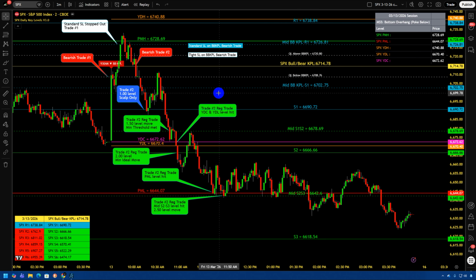However, if doing a regular trade, then on this candle here on the 10:46 a.m. candle, the 1.5 level move, which is the minimum threshold for a regular trade, was met. If you were instead going by the ideal move for a regular trade, then that was the 2-level move, which was met here at 10:56 a.m. So depending on which one of these minimum threshold level moves that you were utilizing, either the 1.5 level or 2-level move, this is your trigger here on a regular trade to either start making adjustments to your stop loss or exiting the trade 100%,